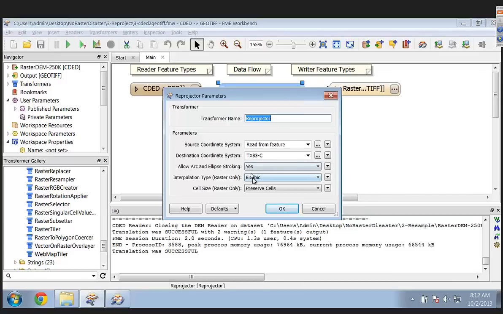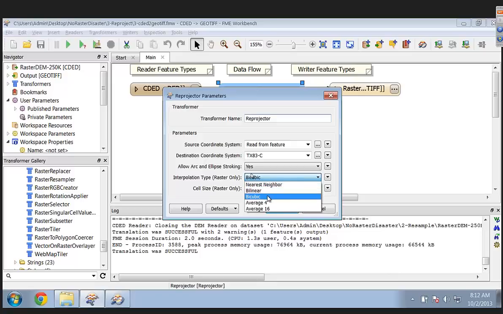Yes, and so one of the things I've popped up, the parameters here. Dave, you're a guy that understands this sort of stuff better. What does this mean here, interpolation type? Bicubic, and these are the different types of interpolation. Nearest neighbor is the simplest interpolation. When you're reprojecting a raster, you're actually moving the pixels slightly. So when it's trying to figure out what information needs to be in that pixel, the nearest neighbor will just grab the closest center to that and move it in. And that's generally better for DEM data.